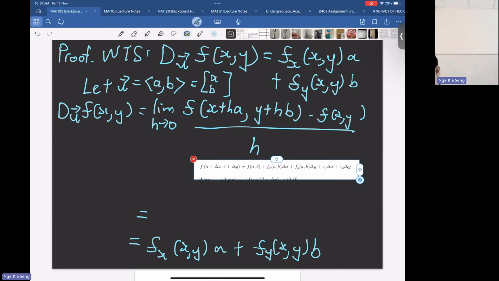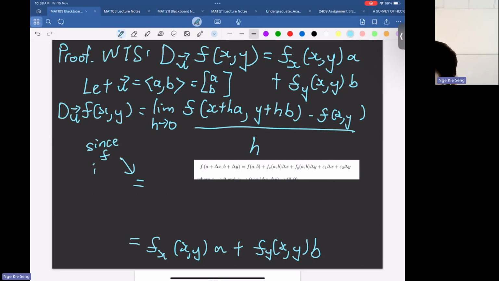OK，可以看到这个，不用这个 formula。If f is differentiable, I can replace f(x plus ha, y plus hb) with the right hand side. Replace it. 就把它变成右手边，because f is differentiable。